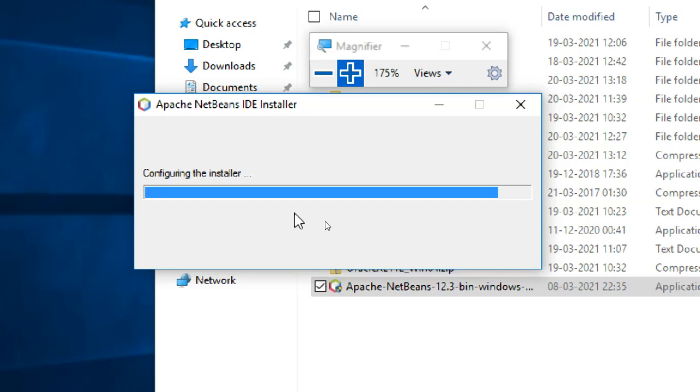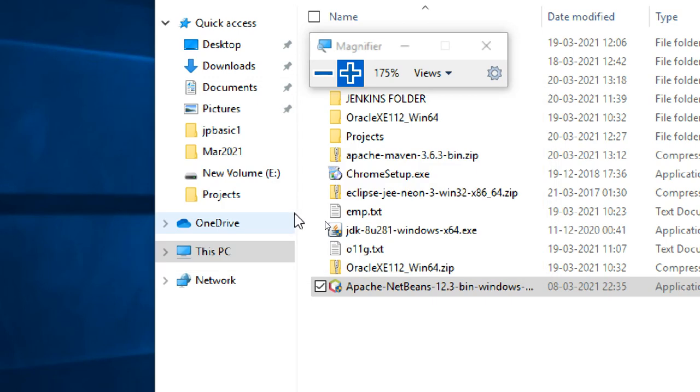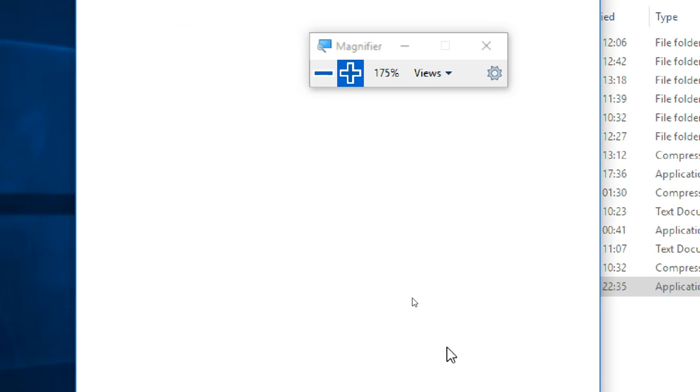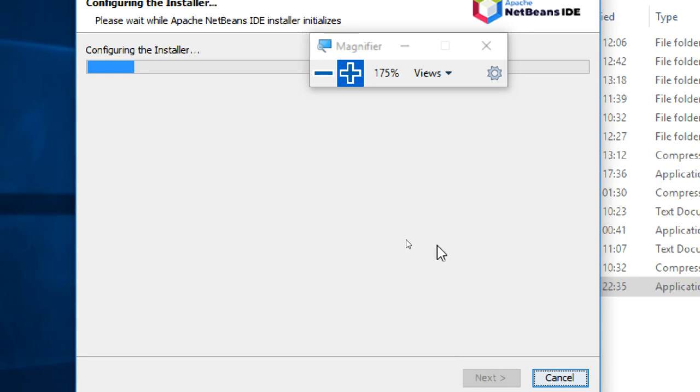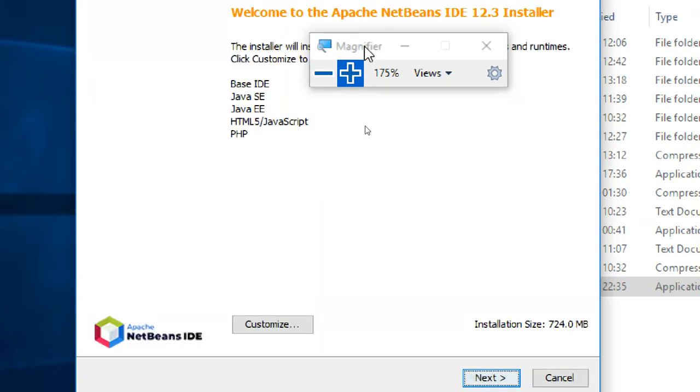Okay. Then it will start installation, and also it will verify whether Java is installed here or not. Java should be installed, and environmental variables also should be set. What are environmental variables? Environmental variables tell where you installed your actual package, so where is your application. Environmental variables will tell where your application is.